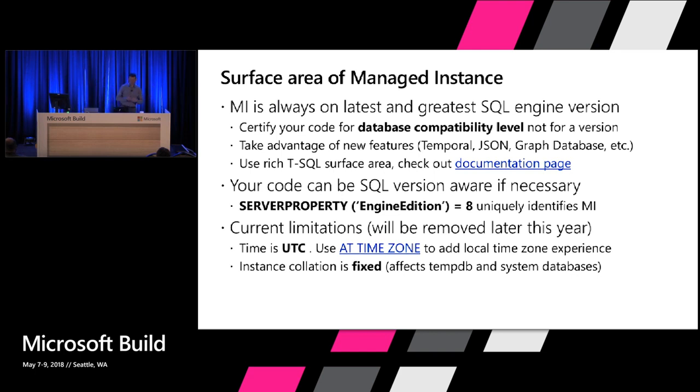So the current workaround is, during the development process, put the collation resolution directly in the code. And as I said, we are working on an improvement which will allow you, during the instance creation, to specify, I want all the collations for TempDB and system databases to be in a certain collation, right? And then it pretty much reflects the same behavior as on premises.